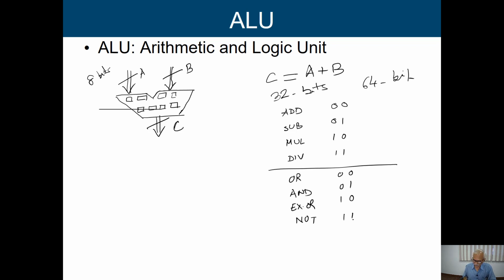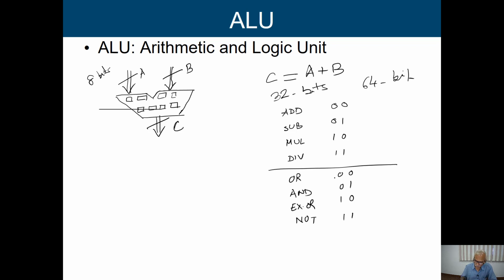In this particular case, all operations are binary operations, but the last operation is a unary operation. So it does not basically work on two inputs. According to our design, you can identify whether we are going to perform the NOT operation on input A or input B. It depends on our design. So this is the way I am going to distinguish what arithmetic operations we are going to perform and what logic operations we are going to perform.